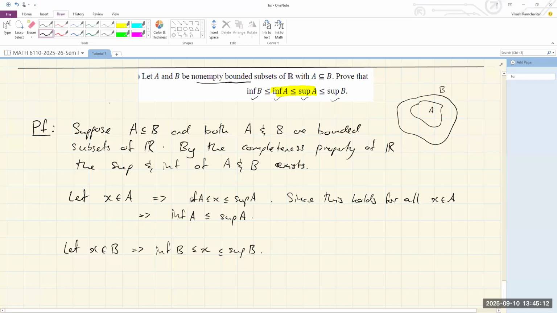Okay, so let me, yeah, I want to use x belonging to A. So it's the same x. Sorry about that, it's the same x I want to use. So let x belong to A, then that means that the infimum of A is less than or equal to the supremum of A. So what I should have said here is since